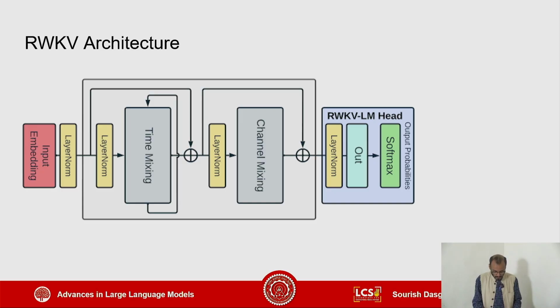So this is the architecture in general. It's also a stacked architecture. For now, just remember that it's a stacked architecture, just like the transformer, with the final layer being a head, which actually does some downstream task. For an autoregressive language model, it will just predict the next token. So that's the final head. That is pretty much the same.